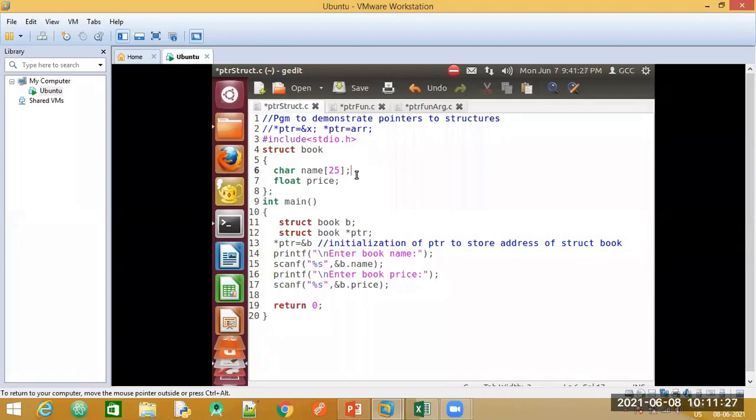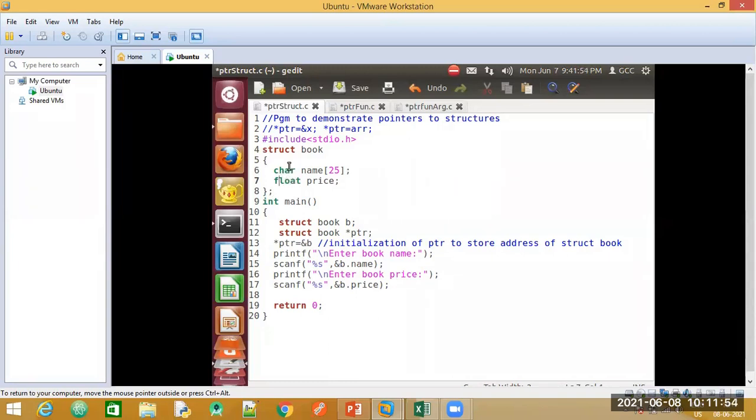When I say array, it is able to store items of a single data type. When we declare int arr or float some array name, the same data types are stored in the array. But when you look at the structure, the difference between arrays and structures is this one thing only. I'm also able to store items here, but you have different data types. There is no compulsion that all have to be of type char or all should be of type float.